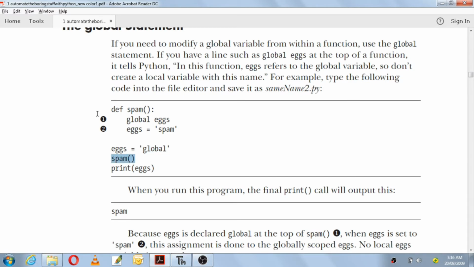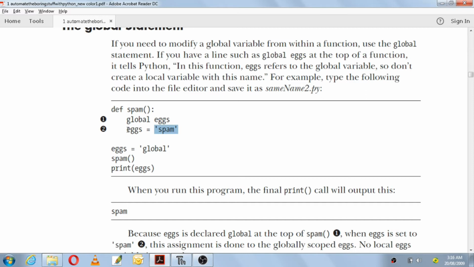You have to go to that function here, the function definition spam. In spam, what is there? They have used the variable x and they have used the statement global. So this indicates that there is a global variable known as x and it is being reinitialized here. No need of declaring one more local variable as x, because there is already a global variable with the same name. So here they are making use of the same variable x and reinitializing it with the new text, that is spam.